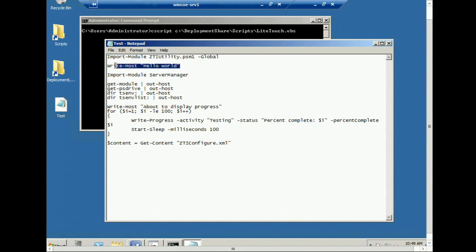Write host, here we are, we're writing to the host. This will go into our BDD logging environment by using write host. We import server manager here as well as an example. Then we get the modules, and we're going to list out the environment variables from our task sequence. So this will give us all the variables. And then we've got a sample here of just displaying progress. So, the bar will move along. And that's about it. So let me just show you